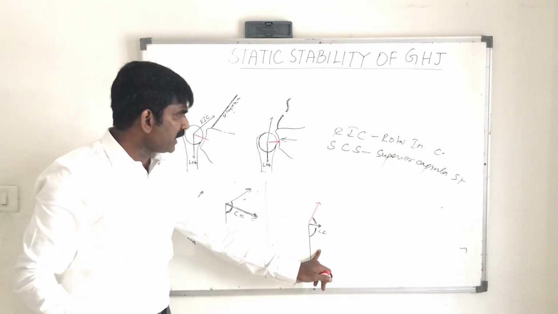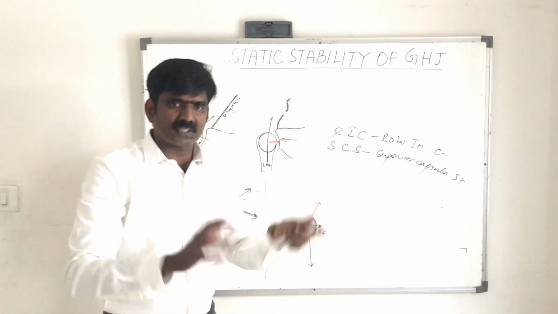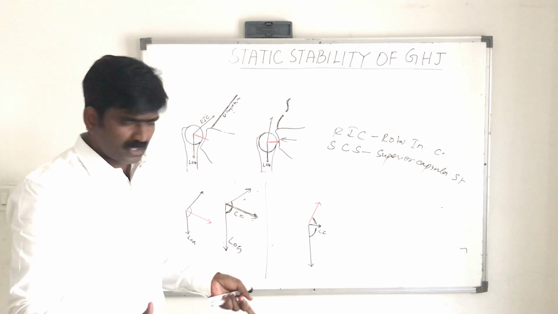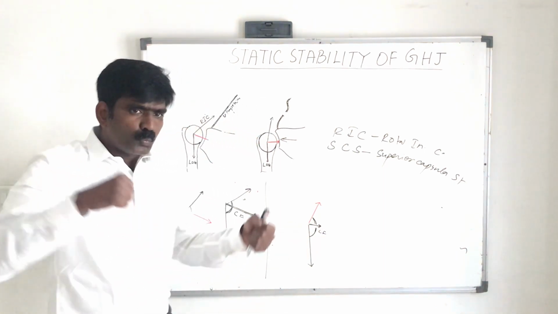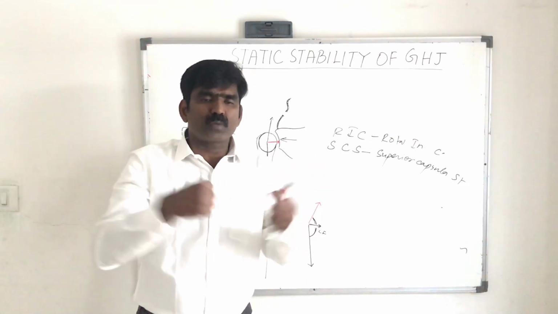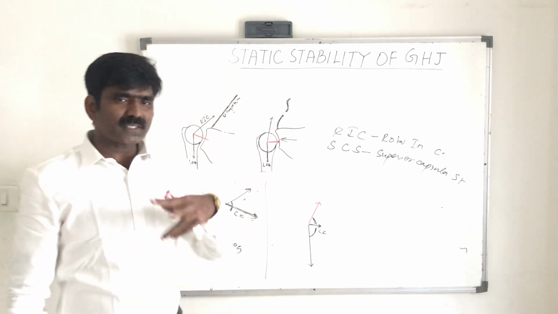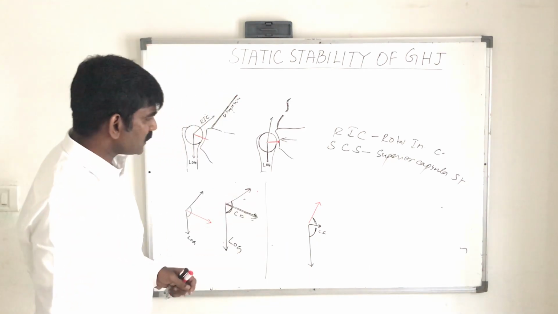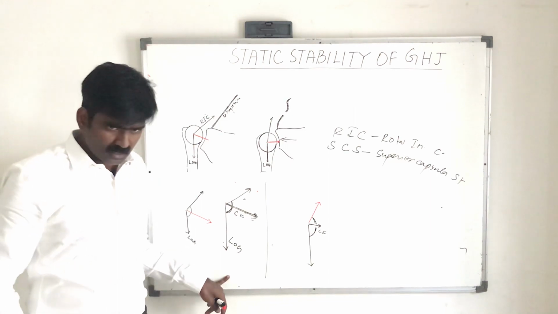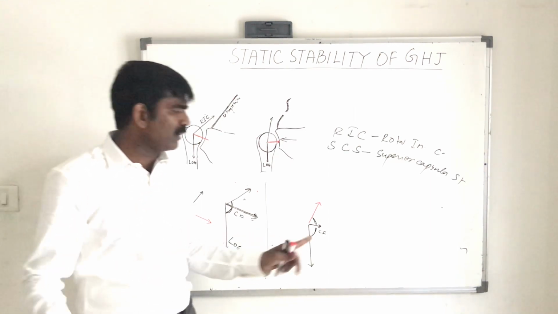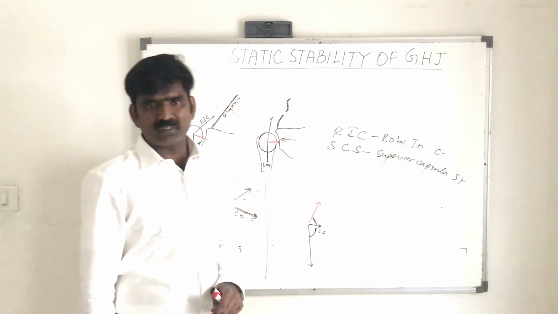So what does it mean? If the stabilizer muscles are paralyzed or weak, then what will happen? The compression force which is stabilizing the glenohumeral joint is now reduced. Clear? And what is the second point? Previously two forces were opposing the line of gravity. Now only one force is acting against the line of gravity.